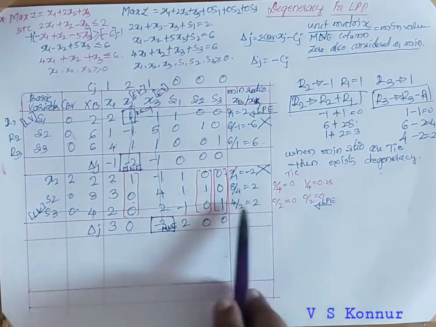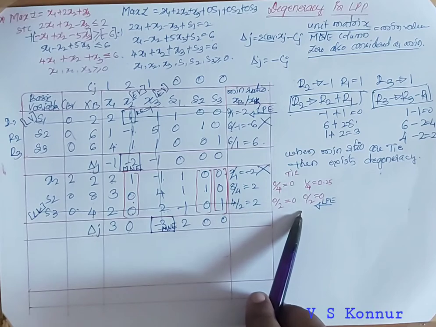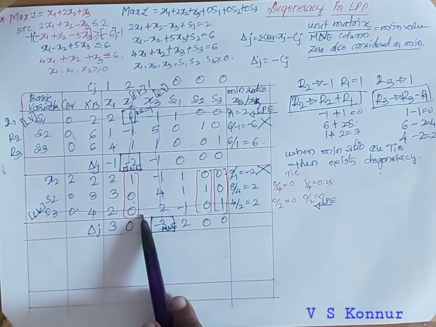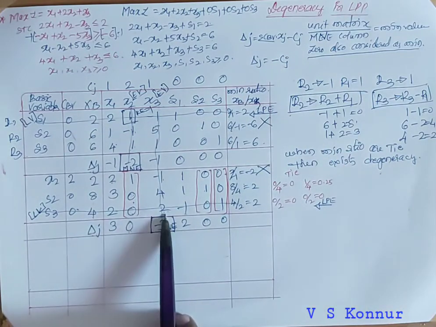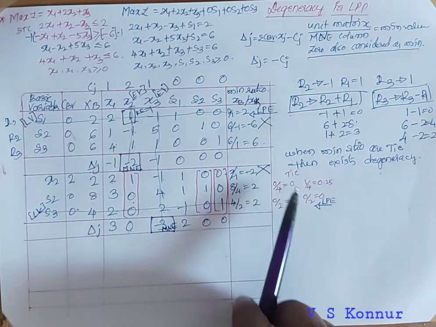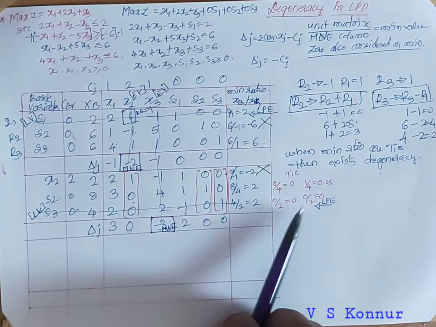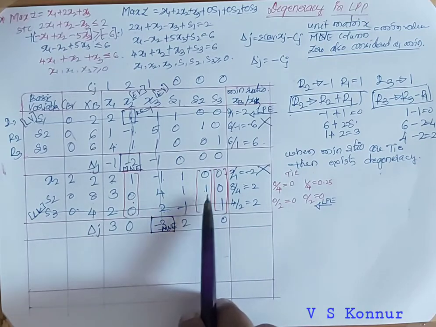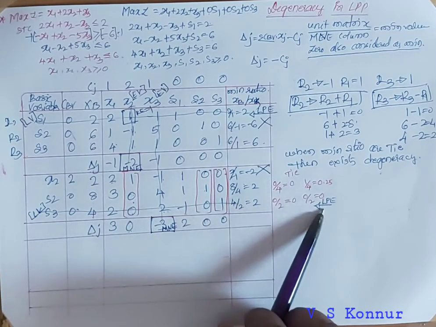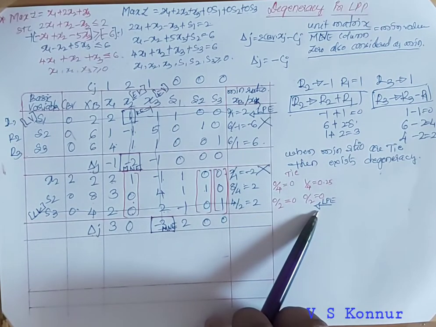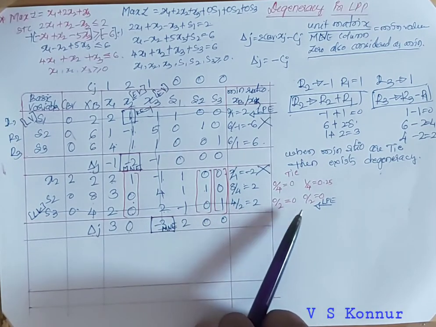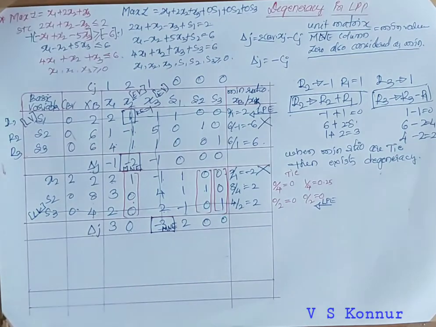So whenever a tie occurs, this is the procedure we have to follow. First we select the unit matrix, then unit matrix divided by the most negative element column, and we will get the least values. If there still exists a tie, go for the second column, and if it still exists, you can go for the third column. You will get one as the least. 0 is also considered as the least positive element in a degeneracy type of problem. Now we got the least positive element.